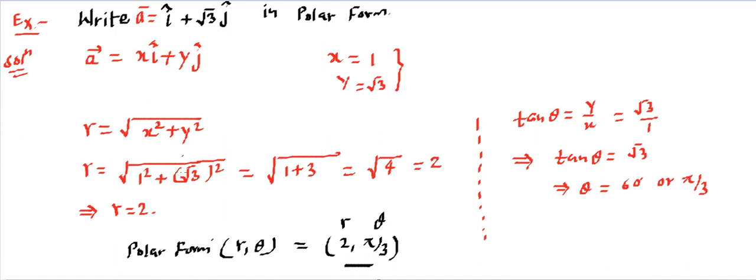So if the component form is given to us, we can convert it into polar form by finding the values of x and y, then using these relations. One relation is here, another relation is here. Similarly, we can convert to the other form if r and theta are given to us. We can use those relations that we talked about in the previous slide. I hope this is simple and making sense to you guys.